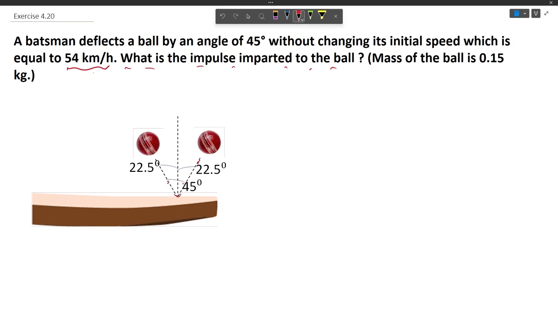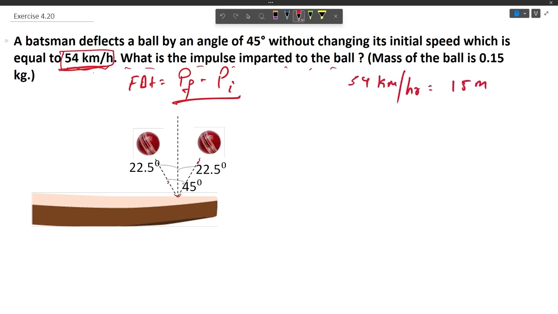So we know the expression of impulse, that is F delta t. The impulse can be found out by the change in momentum, that is final momentum minus initial momentum of the ball. So let us first convert this speed into meter per second. 54 kilometer per hour can be expressed as 15 meter per second. Now the final momentum of the ball is the mass of the ball, that is 0.15 kilogram